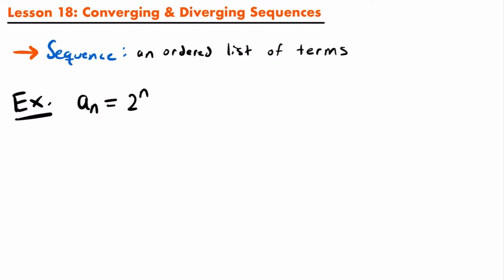Alright, so a sequence in mathematics is an ordered list of terms or values. Here I have an example of an nth term of a sequence. What do I mean by an nth term? Well, this expression, a sub n equals 2 to the power of n, represents the terms of a sequence that are determined based on the value of n. You can sort of view a sequence as a function where instead of plugging in values of x, we are plugging in values of n, except for sequences, n is typically only going to be positive integers